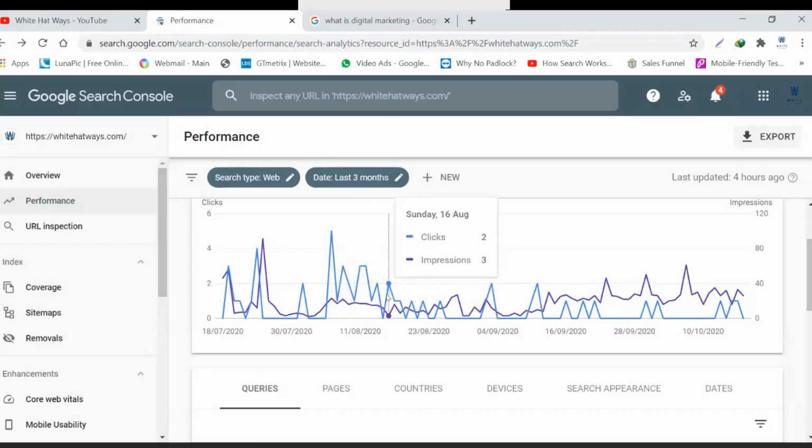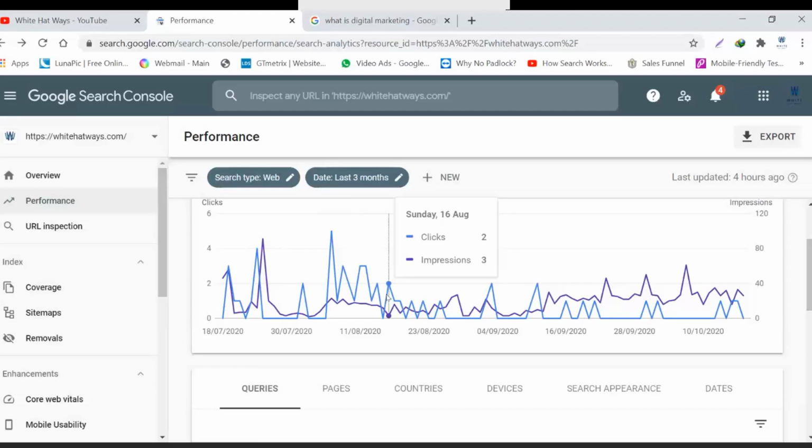On 16th of August, the click-through rate is going to be 2/3 into 100, and you can calculate it. That is going to be the click-through rate of 16th of August. Am I clear till now? Am I clear to all? Yes, sir. So let's move further.